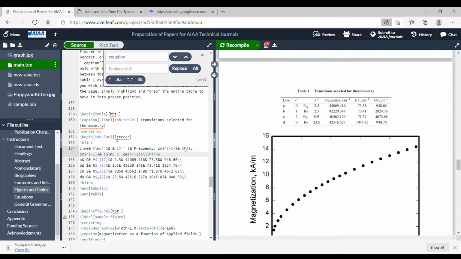Let's see, how many columns am I supposed to have? 1, 2, 3, 4, 5, 6, 7. And I have 1, 2, 3, 4, 5, 6, 7 entries here. Okay, so it took me a little while to find those, but I have 7 entries